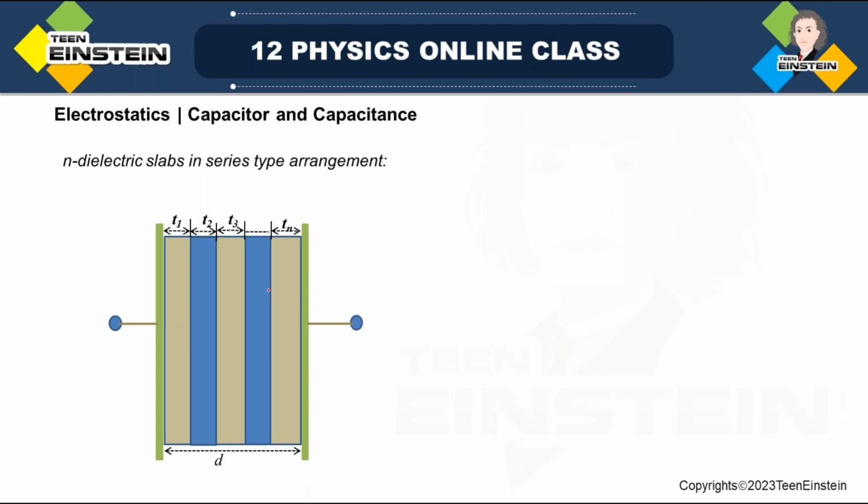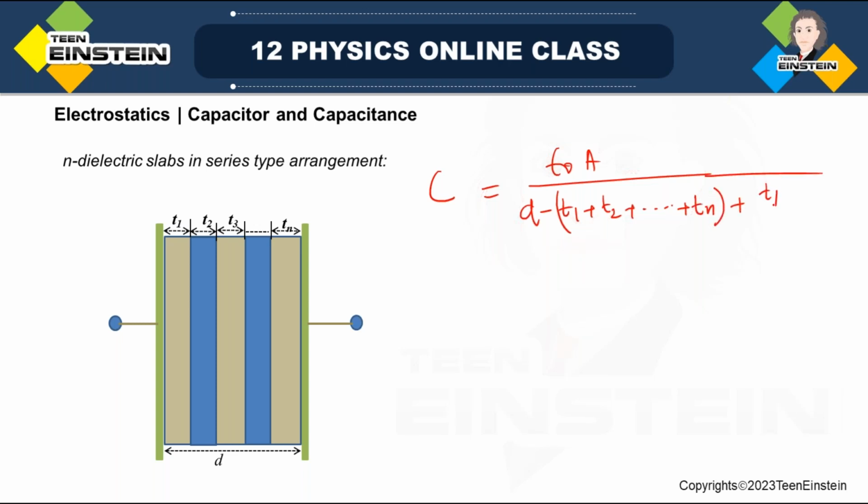I had written epsilon 0 A by (d minus T1 plus T2 plus dot dot dot up to Tn), plus T1 by K1 plus T2 by K2, and this goes up to n terms,